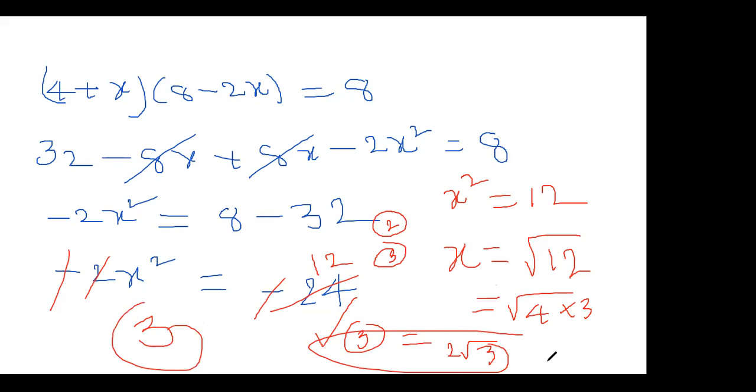If they have not given this under root form like this, then you can stop here only. But after this, there is a calculation. But behind this, there is no calculation. So your ultimate answer is option number 3. So up to here we have successfully completed our chapter number 2, number system.